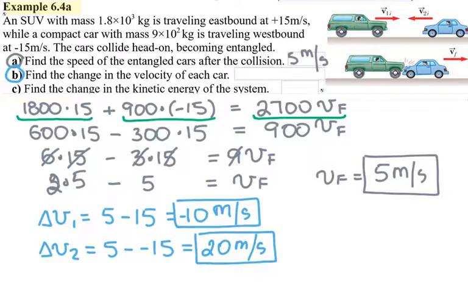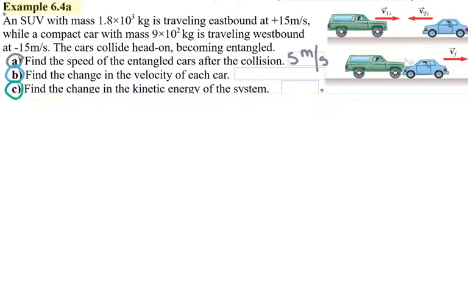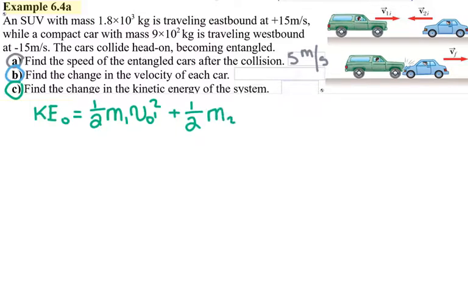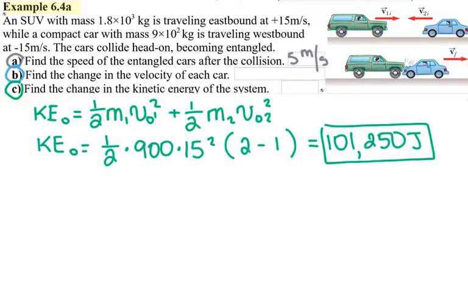So the second car experienced more acceleration because over the same time, the change of the velocity of the second car was bigger. And for the last part, I have to find the change of the kinetic energy of the system. So I'm going to do kinetic energy initial is equal to 1/2 mass of the first one, velocity initial of the first one squared, plus 1/2 mass of the second one, velocity initial of the second one squared. And I got